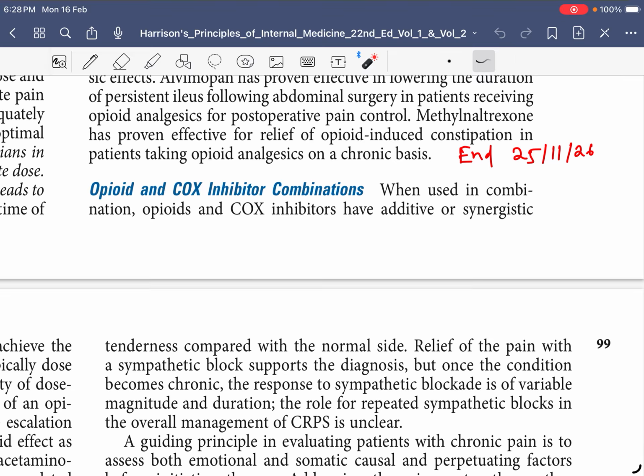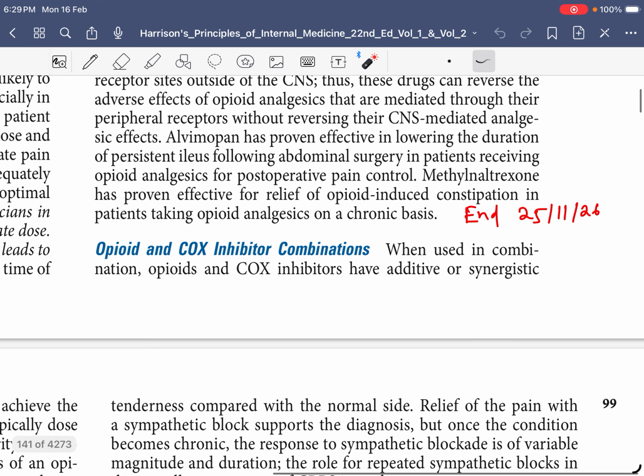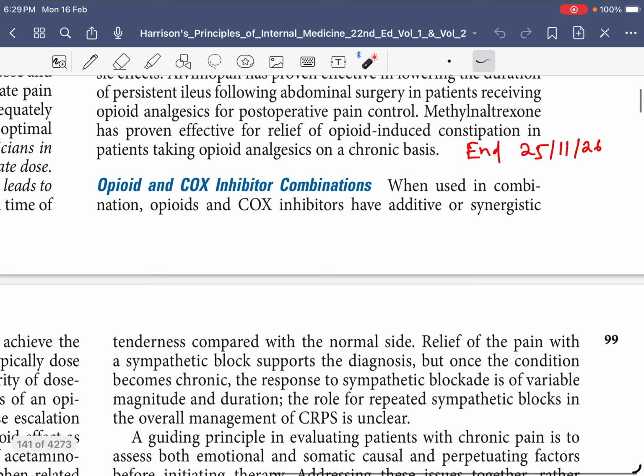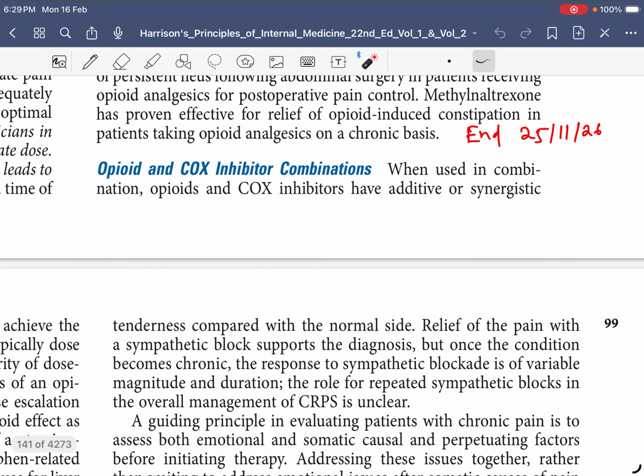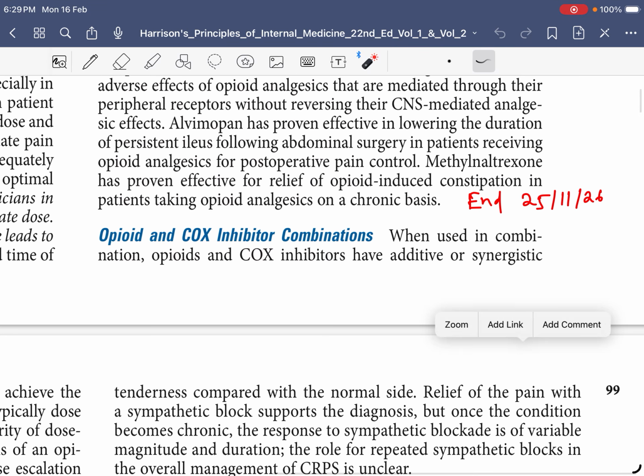आज हमारा बुक रीडिंग सेशन में हैरिसन प्रिंसिपल ऑफ इंटरनल मेडिसिन पेन सेक्शन में हमने यहाँ तक टोटली पढ़ लिया था। नाउ इस चैप्टर को हम कई बार पढ़ेंगे ताकि हमें चीज़ें सभी लाइन बाय लाइन और सेंटेंस बाय सेंटेंस मीनिंग समझ आ जाए। यहाँ तक हमारा एंड था। हमने डेट भी मेंशन किया था कि हमने इसे कब पढ़ा था। 25/11/26 को हमने पढ़ा था। नाउ आज स्टार्ट करेंगे ओपियाइड एंड कॉक्स इनहिबिटर कॉम्बिनेशन।